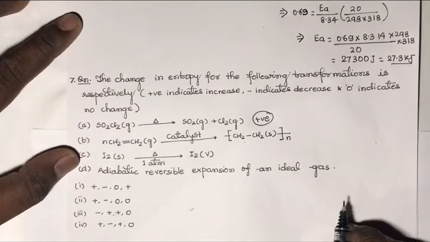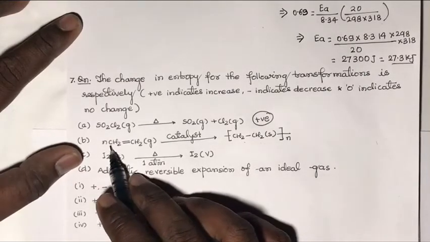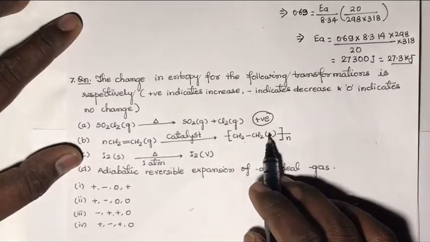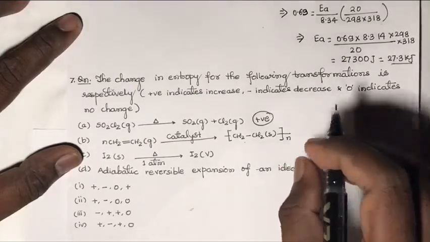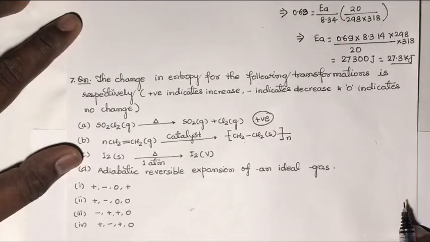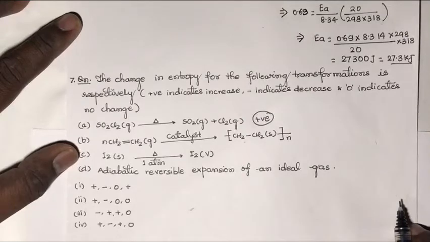Okay, so in this case a lot of molecules will join together and will form a very giant molecule, that is, in this case the entropy will decrease, because